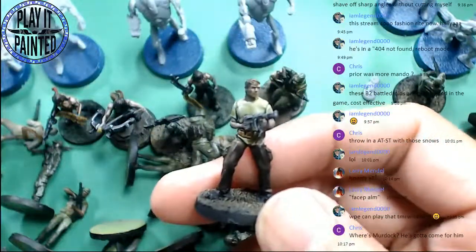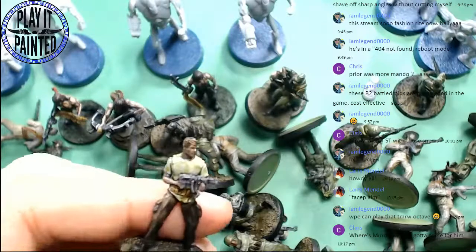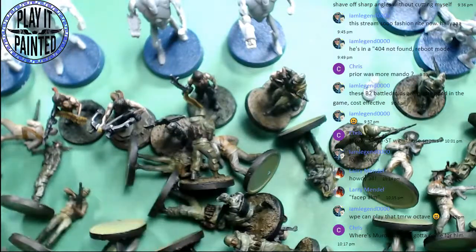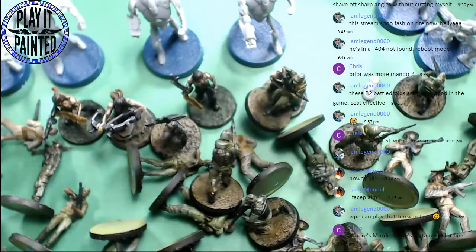Look, you got Colonel Troutman. I know there's no Murdoch. You have to. Yeah, I'm coming for you. See, Chris knows what's up, man. You gotta have Murdoch in there. There's no Murdoch miniature, but you got Troutman from Rambo 3, and you also somewhere in this mess, is now